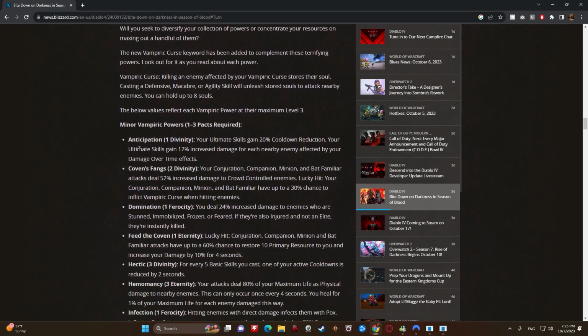So next, we have Anticipation. So this one's really cool because your ultimate skills gain 20% cooldown reduction. And really, ultimate skills in general don't have a crazy amount of multipliers. At least I know on the Druid that's the case. I guess I can't speak for the other classes, but I know on Druid, like Lacerate has nothing, right? So Cataclysm doesn't really have anything that's going to increase its damage by too much. So this is actually pretty sweet, and is going to make, I think, Lacerate, Cataclysm just much more playable this